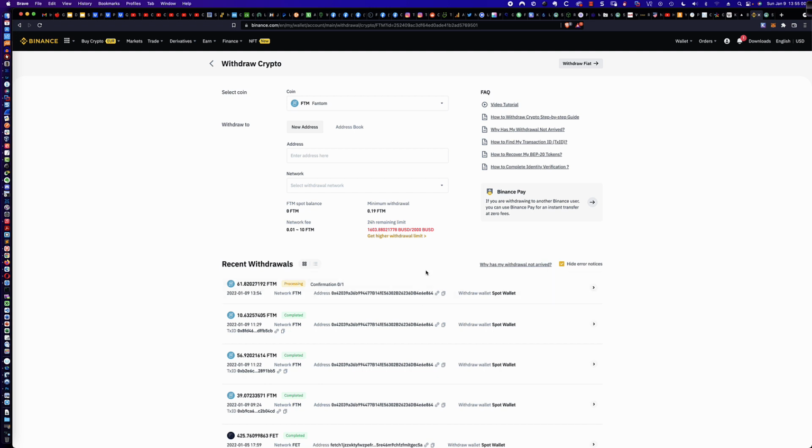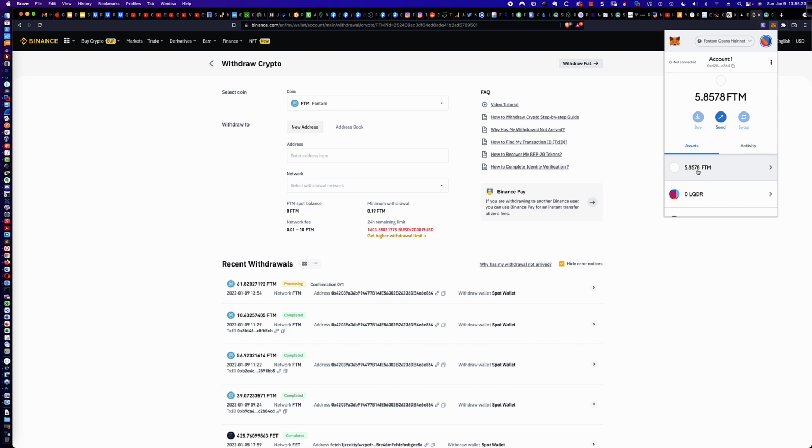Basically telling you, hey, you may have to wait 12 hours. I've never had to wait 12 hours. This finishes within a couple of minutes, and usually 2 minutes is the top end, and you can see we're waiting for the confirmation here. So again, I just sent 61.82 and change Fantom tokens over to my MetaMask wallet. So let's come on up here to the MetaMask wallet and let's take a peek. Again, remember we had